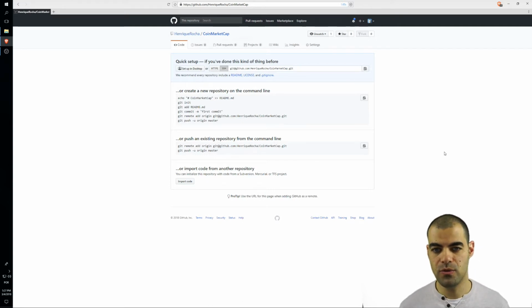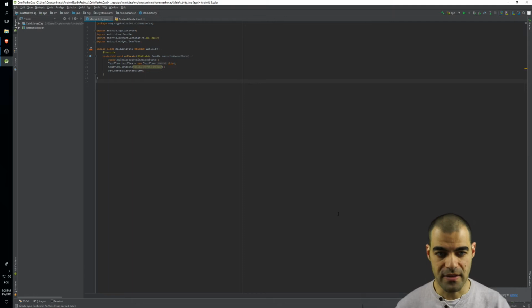So now what we want to do to make this easier, let's see if the video doesn't get too long. I will actually teach you how to do this from the command line, but since this feature is already integrated into Android Studio, let's try to do this straight from Android Studio. To make it easier for you if you are just starting, this command line thing might be a little bit complicated. So now that we have Android Studio opened,